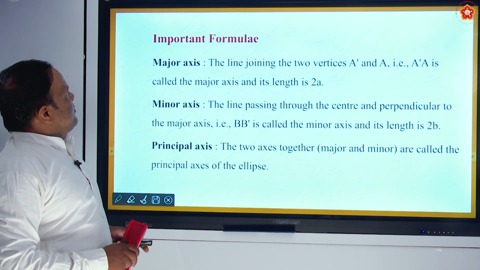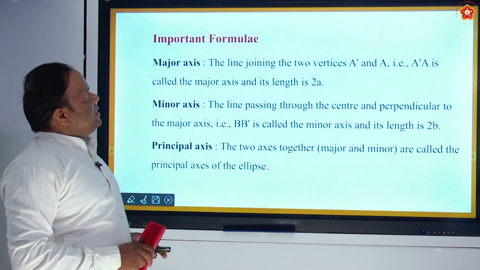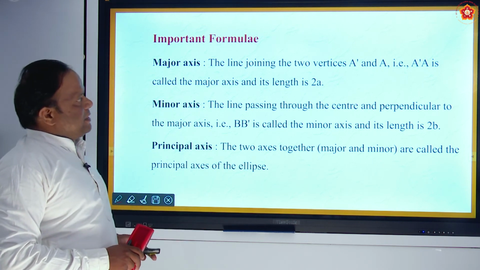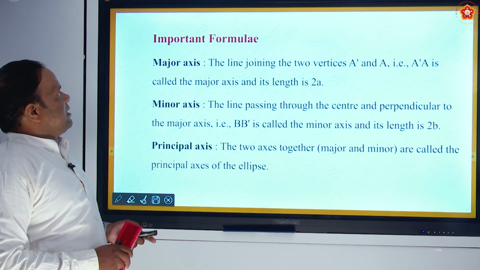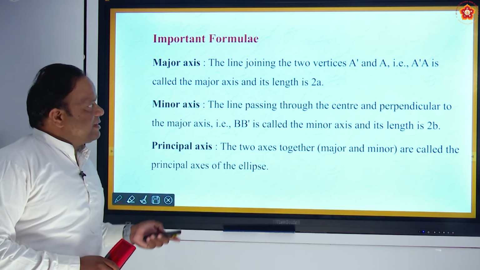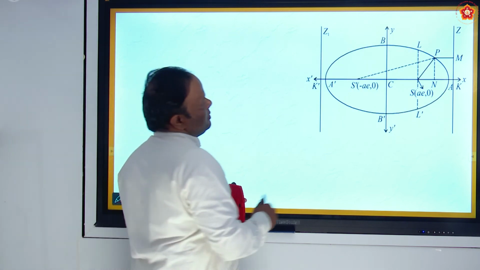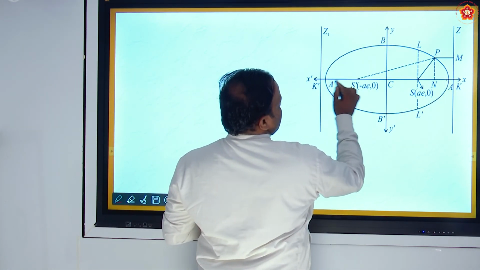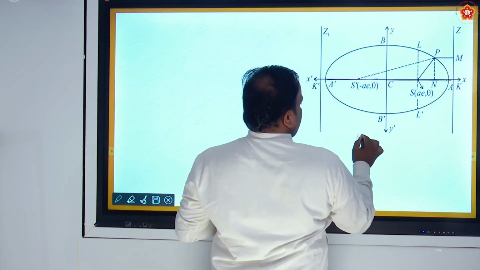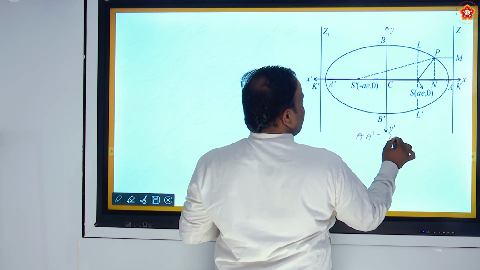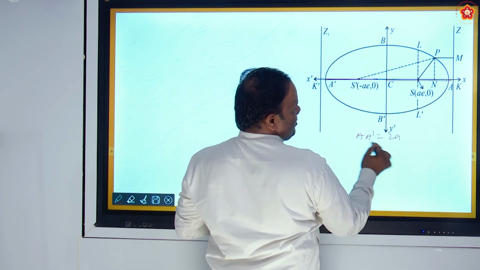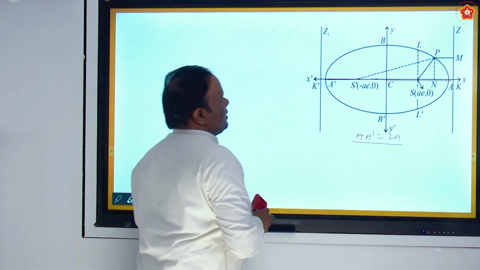So observe here some important formulas. The line joining the two points A and A dash is called the major axis and its length is 2a. Just observe here, this is A, this is A dash, called the major axis. Major axis is how much? 2a. Next,